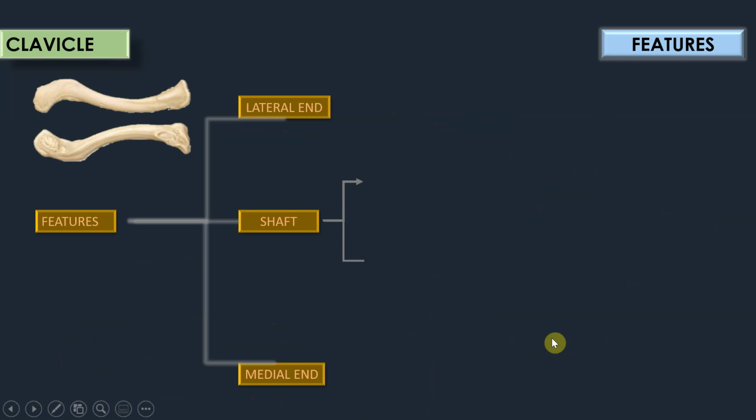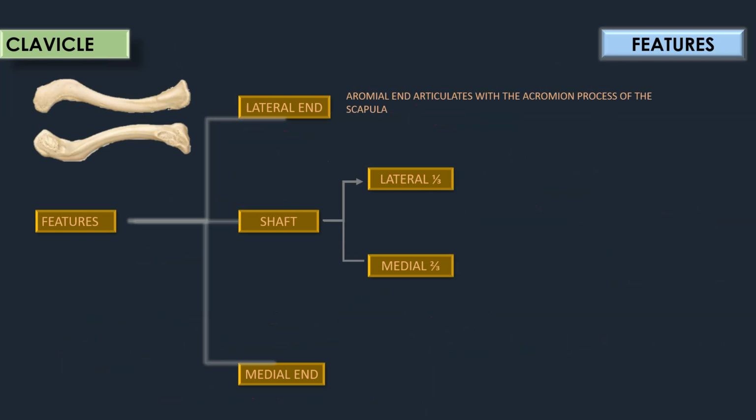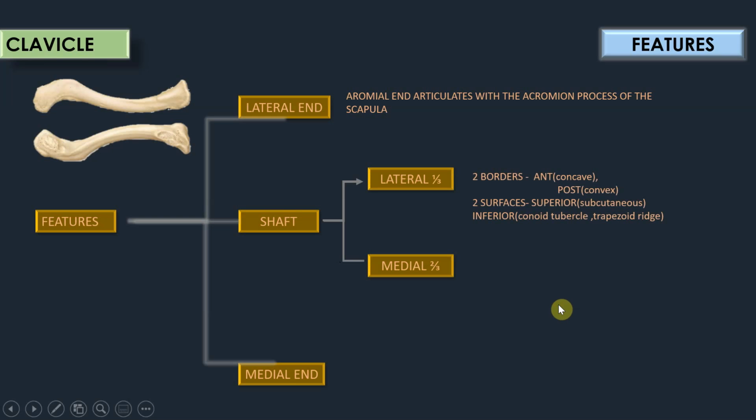So the features are divided into three parts: the lateral end, the medial end, and the shaft. And the lateral end, it's also called the acromial end, that articulates with the acromial process of the scapula. And then the shaft is divided into two parts: the lateral 1/3 and the medial 2/3. The lateral 1/3 has two borders. Anteriorly, it is concave, and posteriorly, it is convex. What I mean by that, considering this is our,